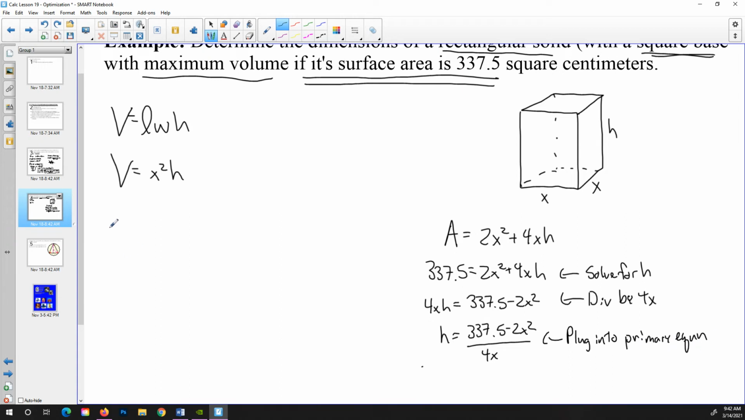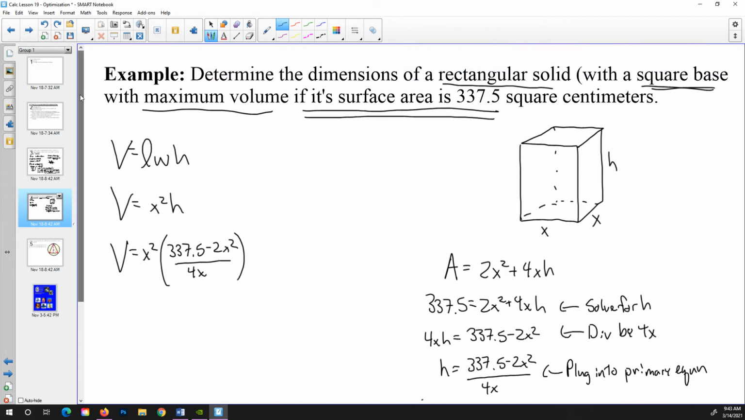And so I'll have V equals x squared times 337.5 minus 2x squared all over 4x. Now I can get one of the x's to cancel from the numerator and the denominator, so I'm going to simplify a little bit here. I will get V equal to, I'll get one of the x's to cancel, and so when I distribute, I'll have